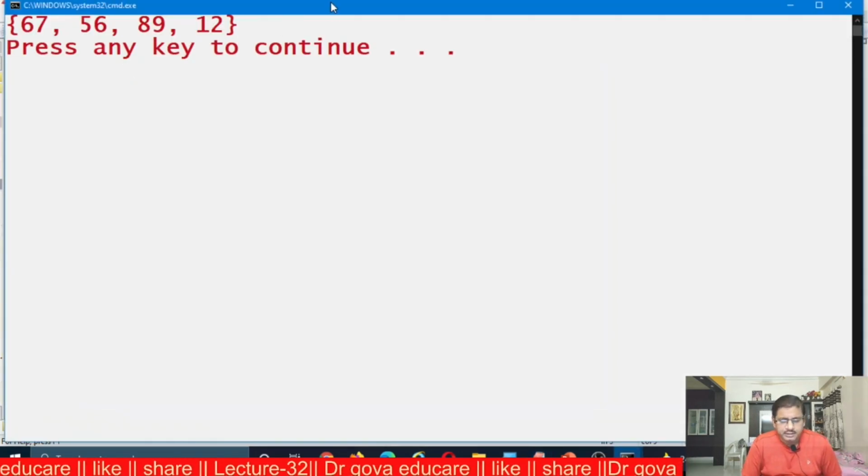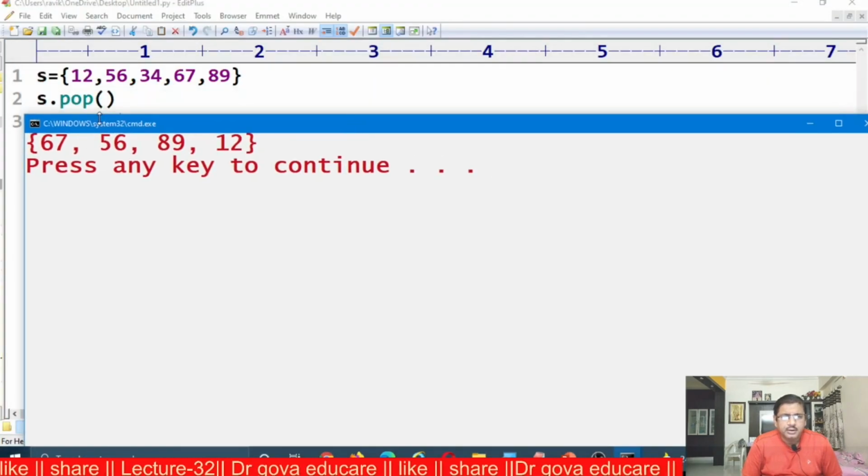Observe here: 67, 56, 89, 12. Now that is the 34. The element 34 is removed from the set S.